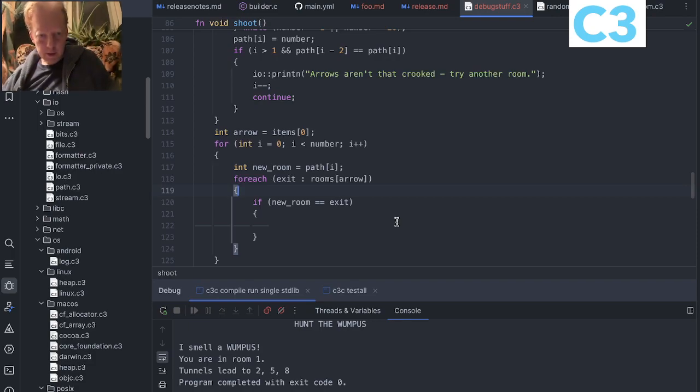So that was it. Right, okay, so in this case we're going to check what happens. So now the new place of the arrow is the new room, right? And then the next thing that happens is